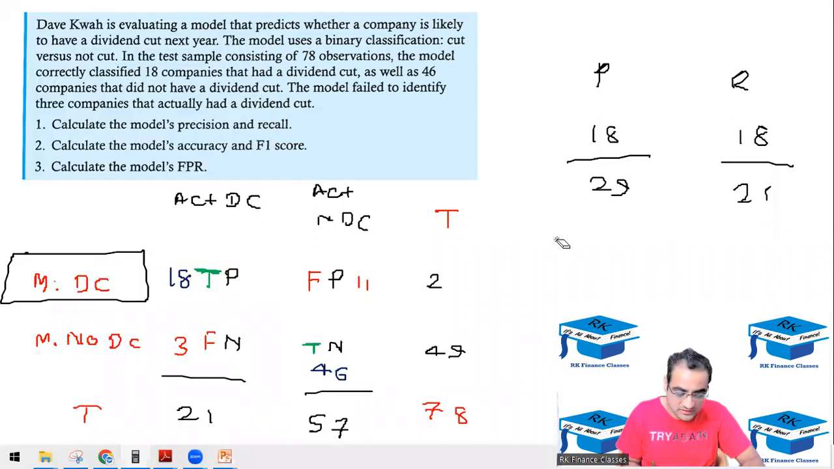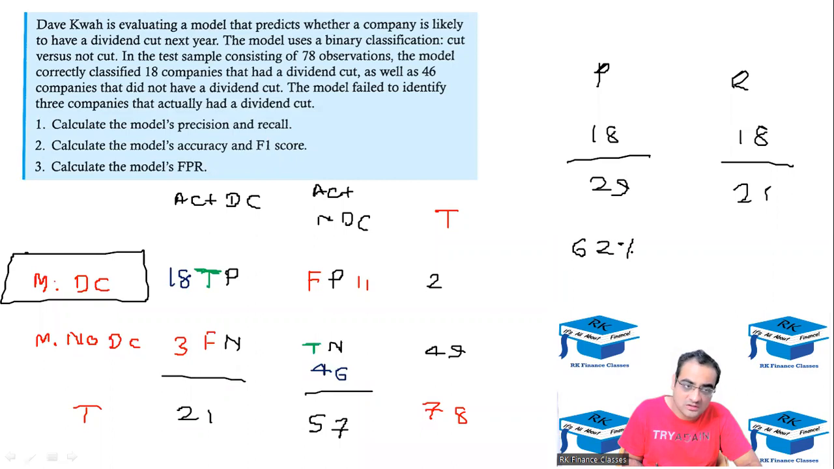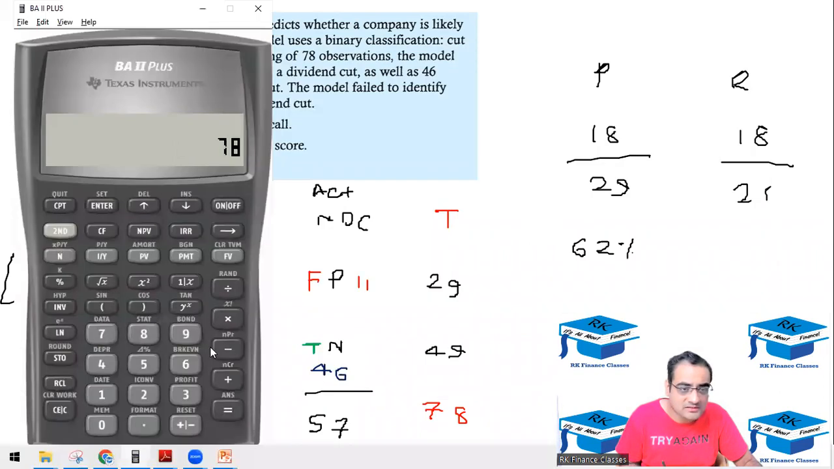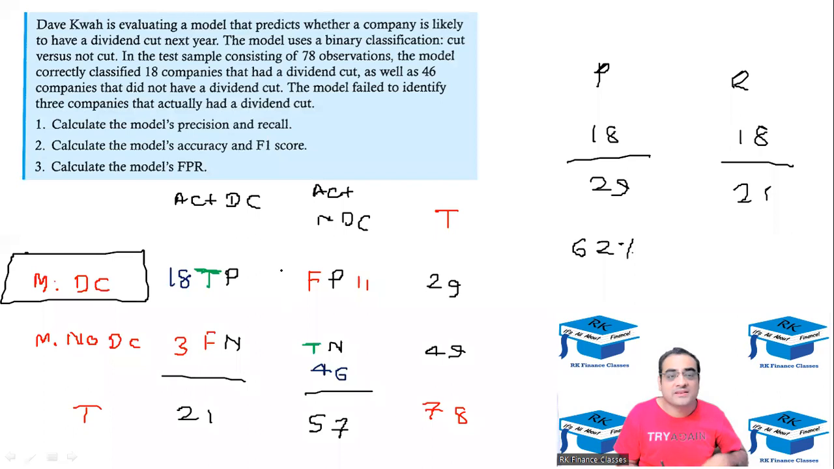That's like 62 percentage. So this would mean that the probability of type 1 error is going to be... how much was this? This was 29, right? 78 minus 49, yeah, 29. So basically the probability of type 1 error will be 38%. You can see 11 upon 29,